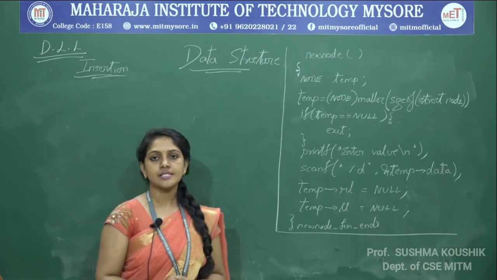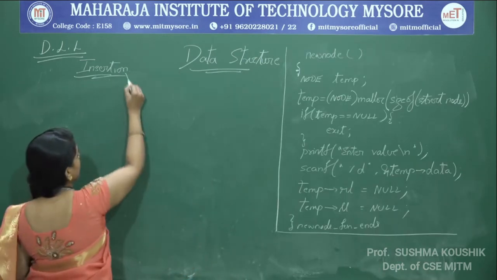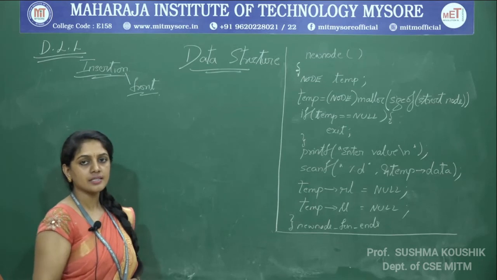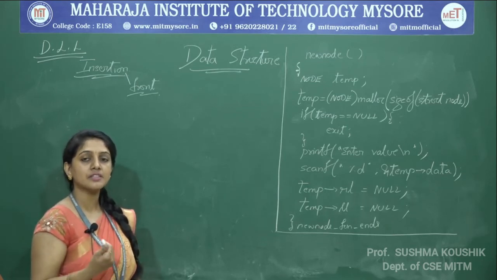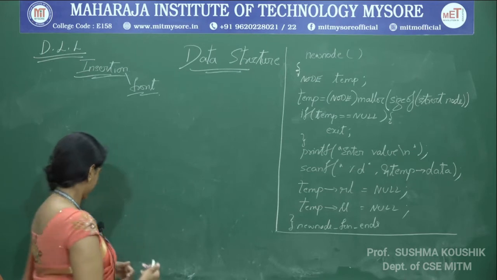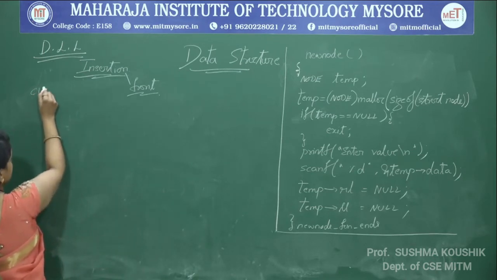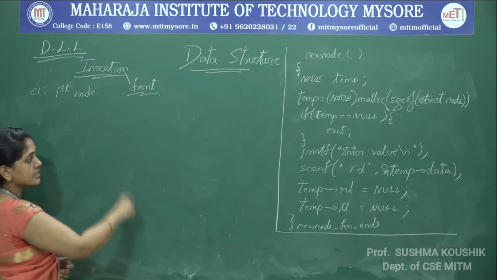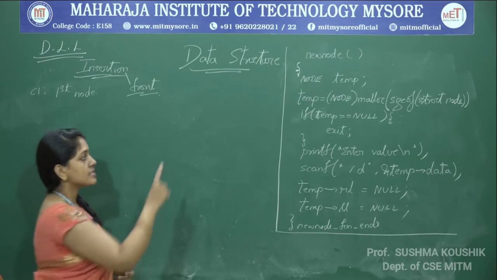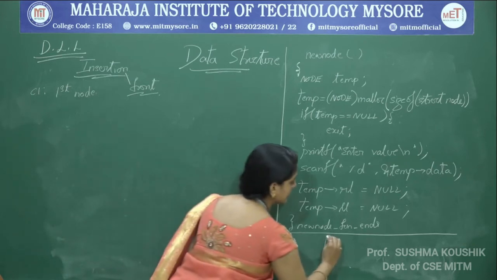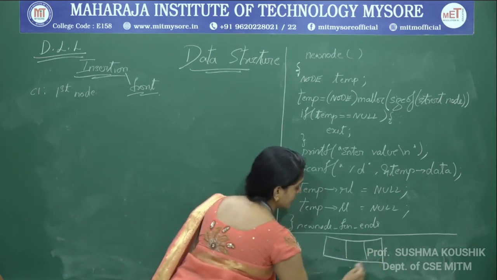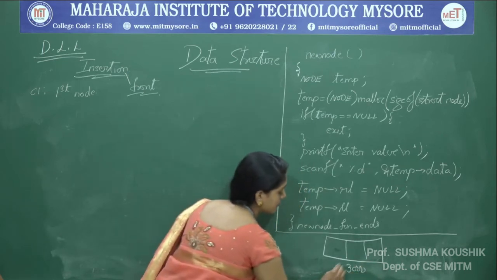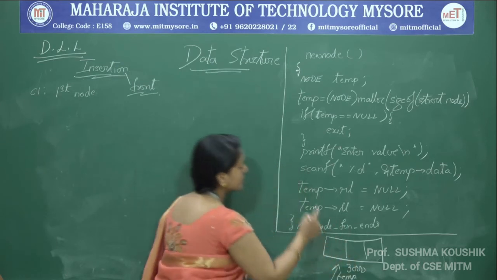So now we will see insertion from the front end. Okay, so with this, as usual, the first case starts where no node exists, that is, this will be the first node which we are creating. Case 1 is first node creation. Okay, in the similar fashion we will call the new node function. Once I call the new node function, that will create a node for us. Creation of node is, it will assign some address and give. So if that address is 3000, temp will be pointing to that particular address.